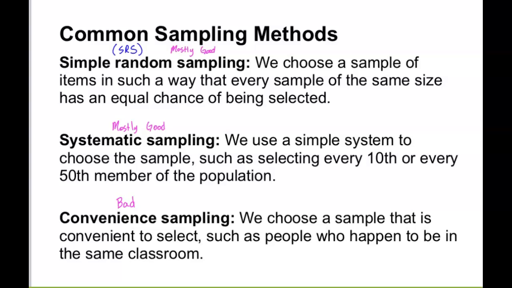CNN, Fox. I mean, when you're polling your constituents, right? Your viewership, that tends to be a convenience sample, all the time. Any what we call a voluntary response sample is basically a convenience sample. So in my actual statistics class, we talk about a bunch of these.